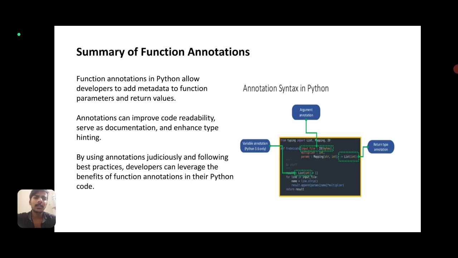Summary of function annotations. Function annotations in Python allow developers to add metadata to function parameters and return values. Annotations can improve code readability, serve as documentation, and enhance type hinting. By using